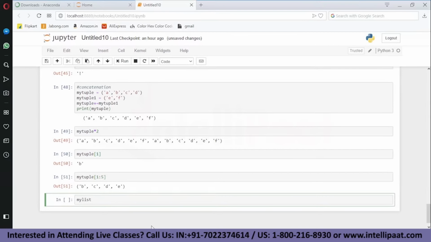My list equal within parentheses a string, a number, a decimal,